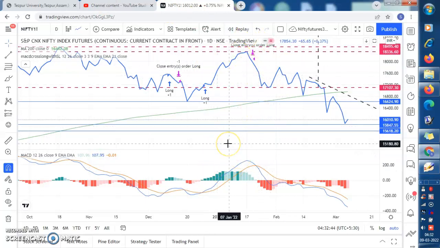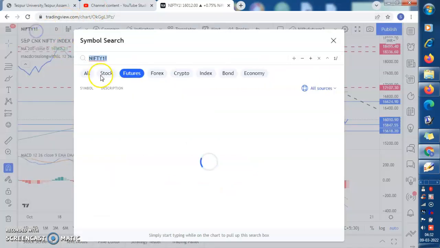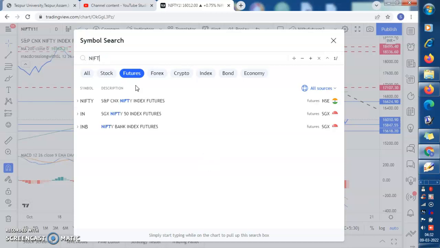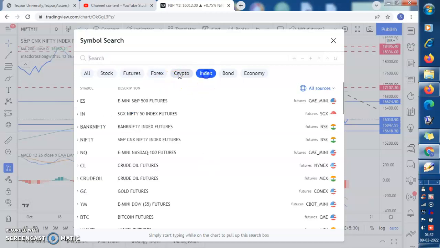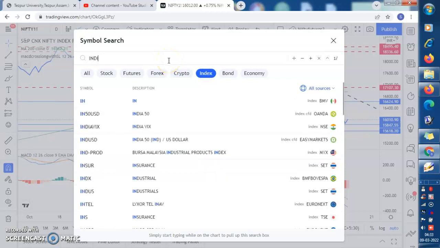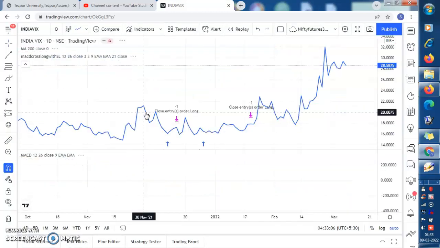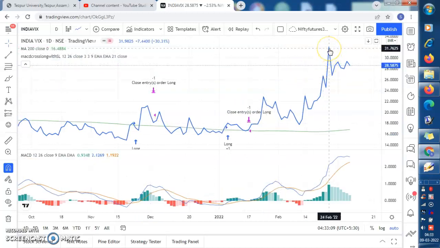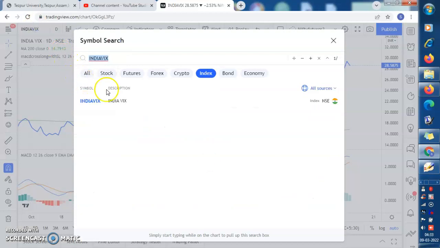But I have come here today with some specific messages: these are very turbulent times. The VIX, the volatility index, has naturally shot up. If you see the India VIX, even a few days back it was above 30, and now it has settled around 28.5. So when the VIX gets close to 30, it is better to stay away from futures and options